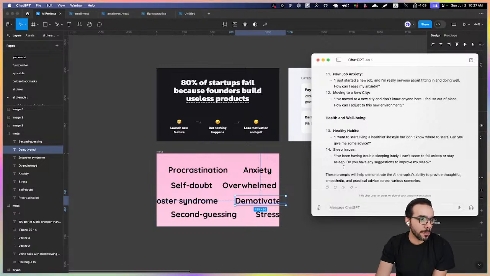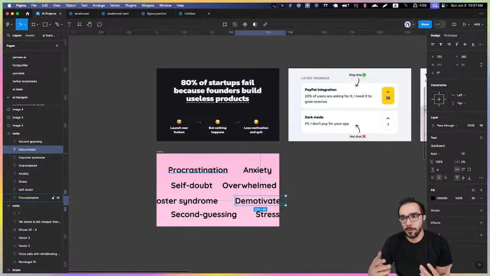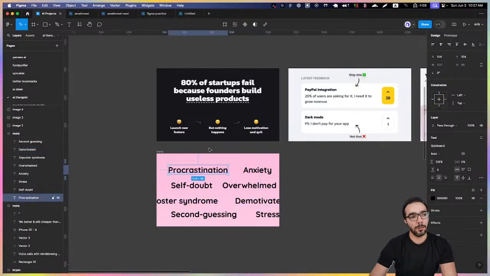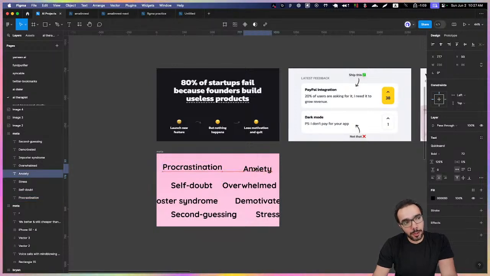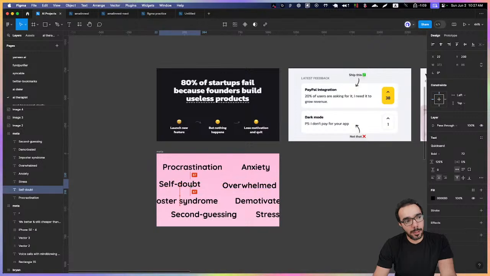Okay, I think this is a pretty good selection of issues. So what we're going to do is have the first image be an arrangement, just highlighting all of these different issues, and then